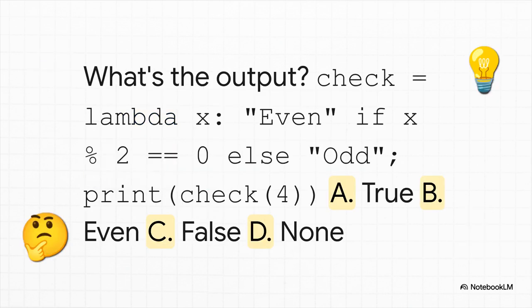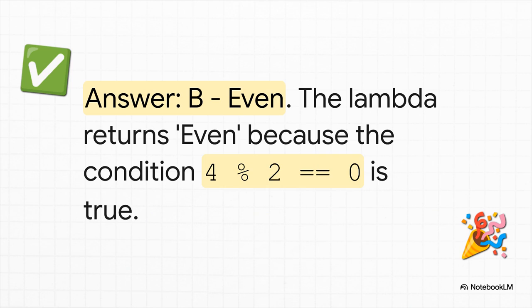All right, time for a quick pop quiz to see if you're following along. Take a look at this code. We've got a lambda named check that tells us if a number is even or odd. So what do you think happens when we call it with the number 4? And the answer is B, even. If you got that, you're on the right track. The expression here is a ternary operator. It's just a compact if-else statement. Since 4 modulo 2 is 0, the condition is true, so the first value, even, is the one that gets